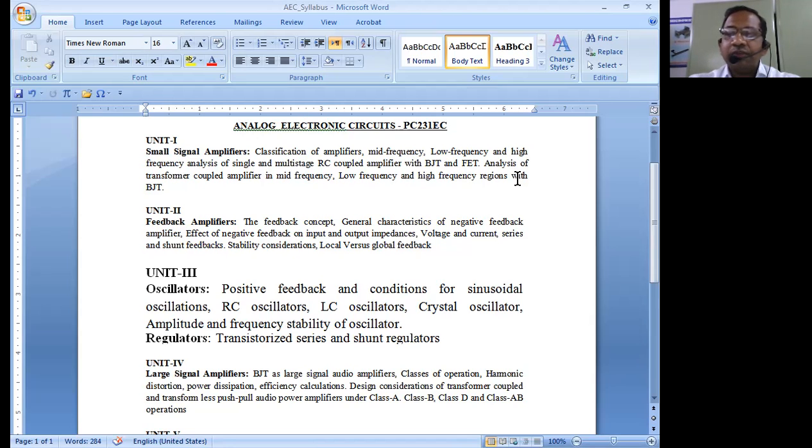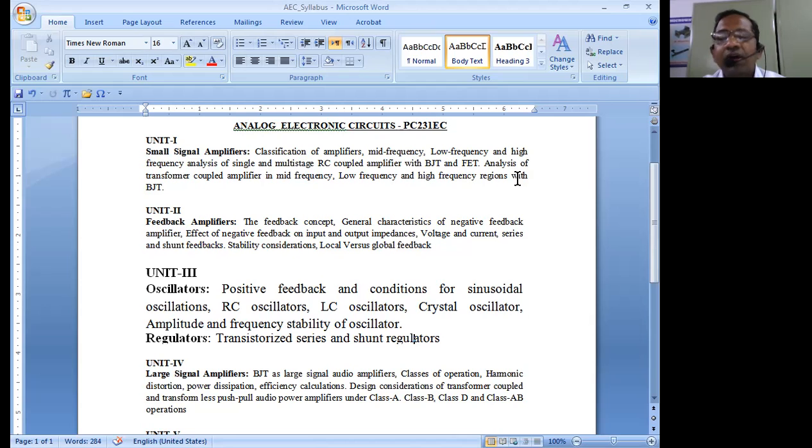Why can I say that you can definitely score? Because the examiner cannot change the problem. The problem always remains the same. So it is going to be a mechanical solution. The solution towards the problem given is always going to be fixed. That means the steps of reaching the solution are always going to be fixed in the case of AEC problem analysis. Because the steps are fixed, if you practice those steps, they won't change. They remain as they are for all the topics in this particular subject.